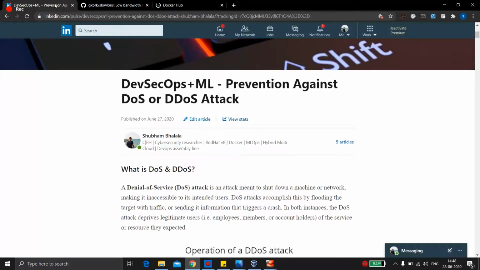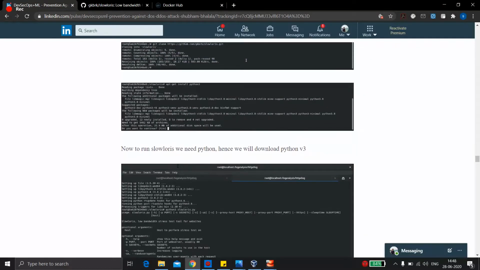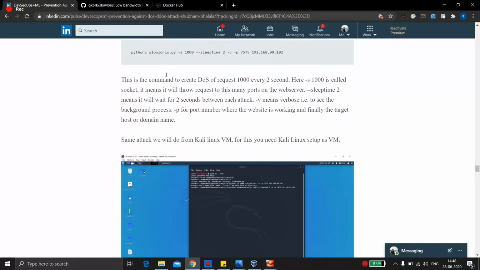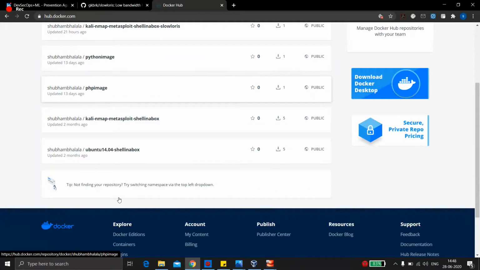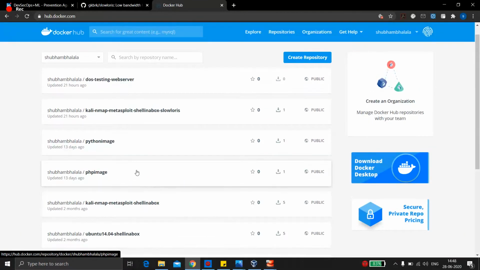In my article I've written about how I made the image and uploaded it on Docker Hub. These are some of my previous images. This is the image from where you can do a DOS attack, and this is just a test server. If you want, you can download both together and test Slowloris from this image or container to the test server.